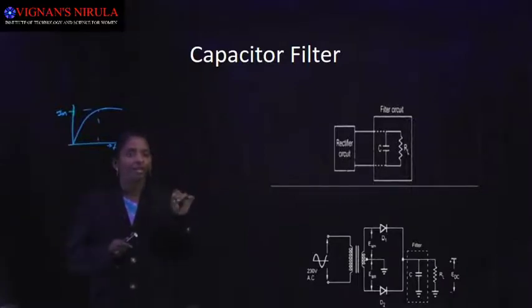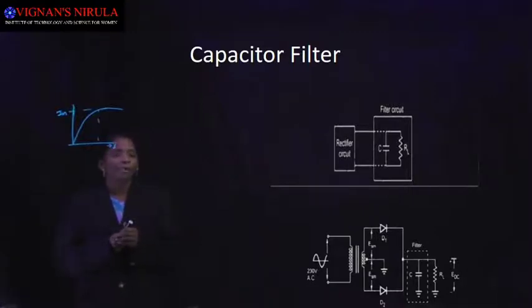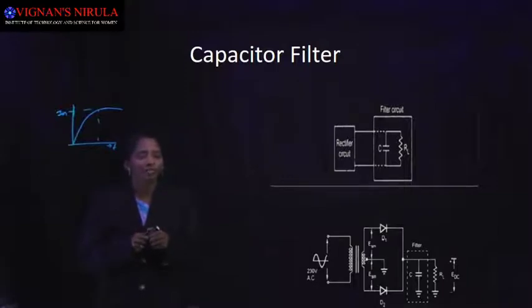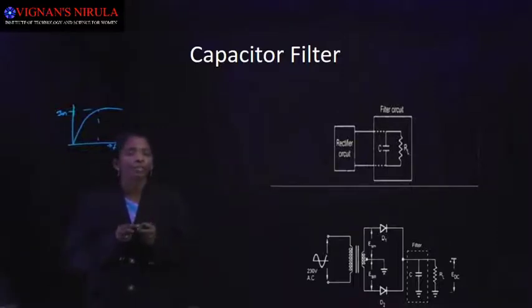If you connect the capacitor in series with the resistor, what will happen? The AC component will reach the output, but our intention is to get the DC component only. So we should connect the capacitor in shunt with the load resistor. After connecting the capacitor in parallel with the load resistor, what will happen? The output of the rectifier is pulsating DC, and it is applied to the capacitor.